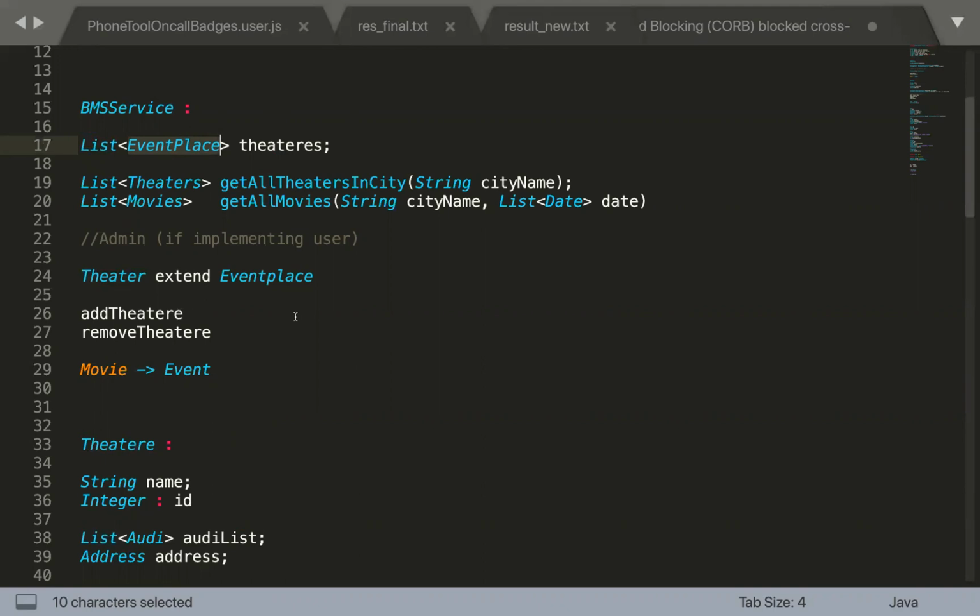Okay, let's not dive into SOLID here. So probably it's always good to have the superclass object, and then at runtime, you can assign the child class object, right? Every theater is an event place, so you can keep the event place, whether it is a theater or an open theater, and it can be supported very well with the same thing. So to handle those requirements, you can change it like this.